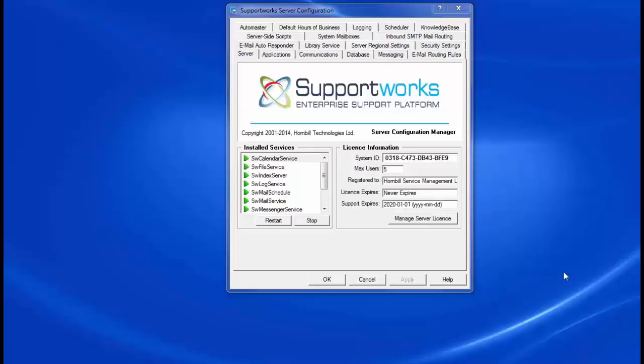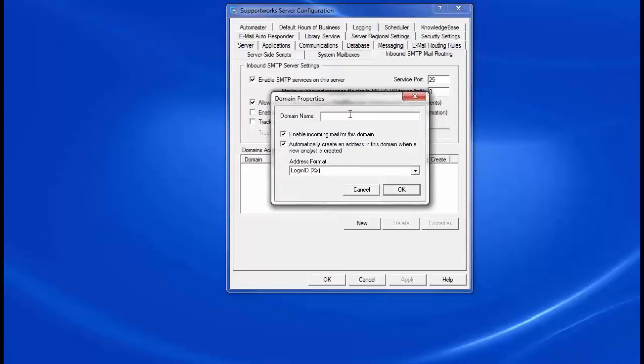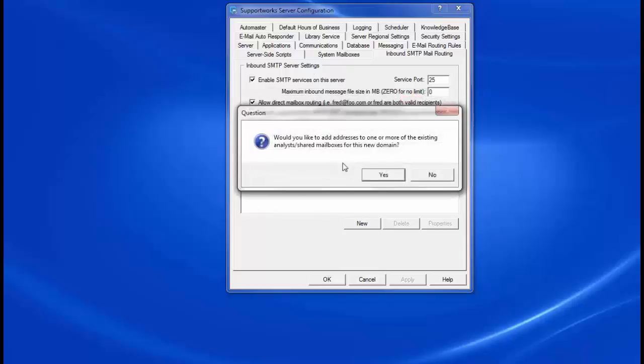First thing you need to do is, on the Supportworks server configuration, you access the inbound SMTP mail routing tab. Over here, you need to specify the domains that are accepted by this server. In order to create that domain, I'd need to just click on New, and my domain is called test.hornbill.com. I'll leave the other 2 boxes as they are, ticked already, and when it asks me to import addresses,